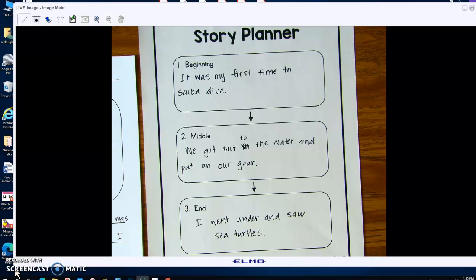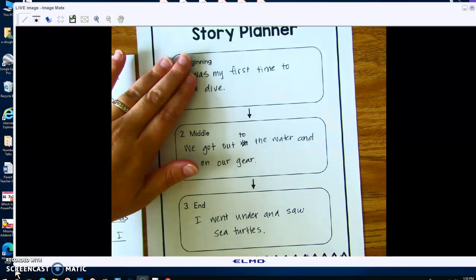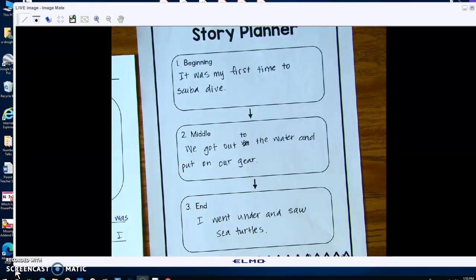Then when Chase is done telling Kinsler the beginning of his story and all the things, at least 3 things that happened in the beginning, then Kinsler is going to tell Chase the 3 things that happened at the beginning of his story. If you need to put 3 fingers up, you can to help you. This happened, this happened, this happened. Only in the beginning, not the middle yet. Just the beginning of your story. Go ahead and talk to your partner.